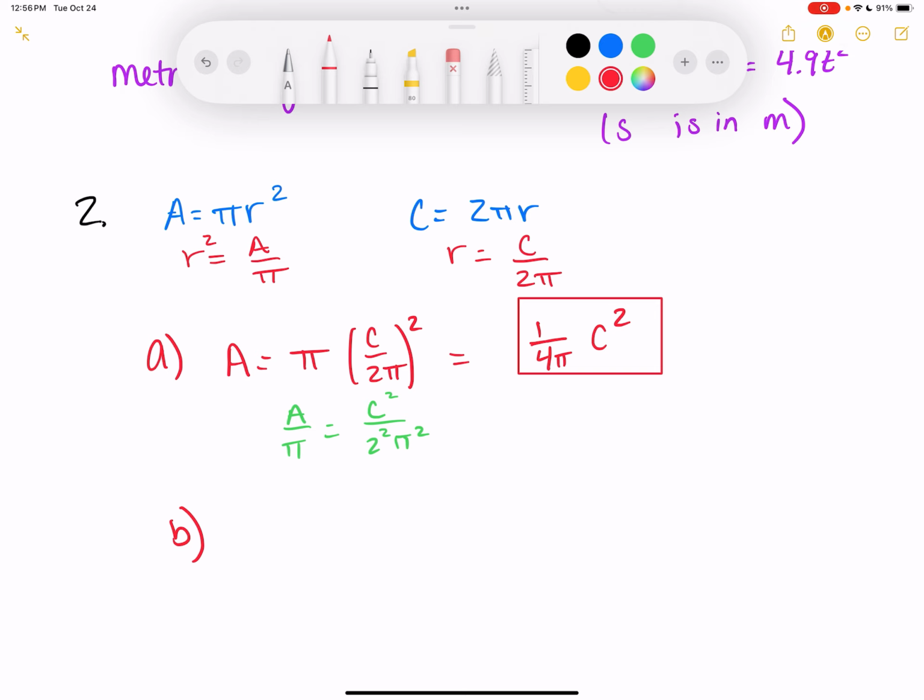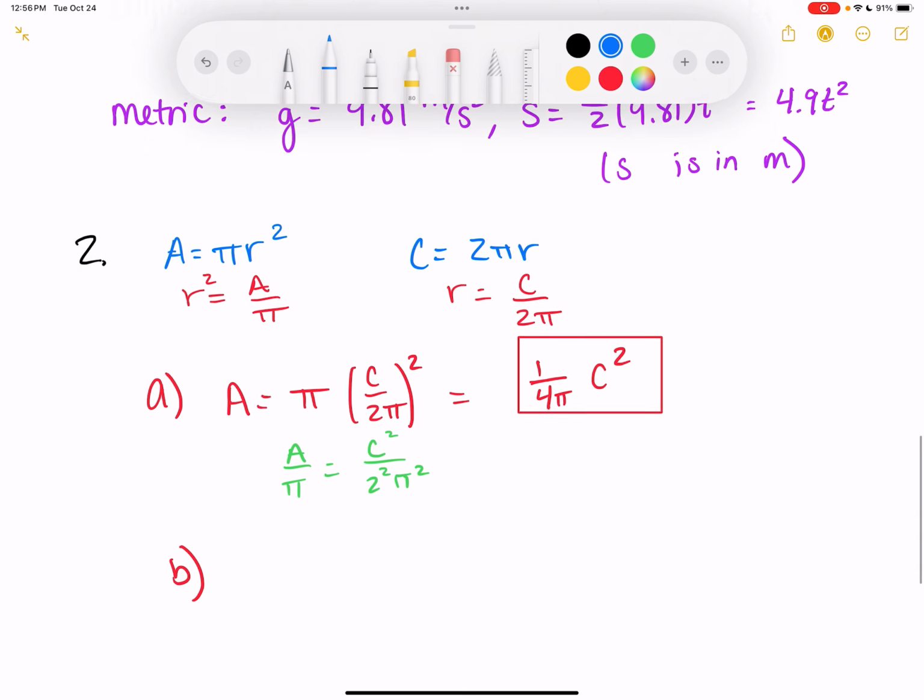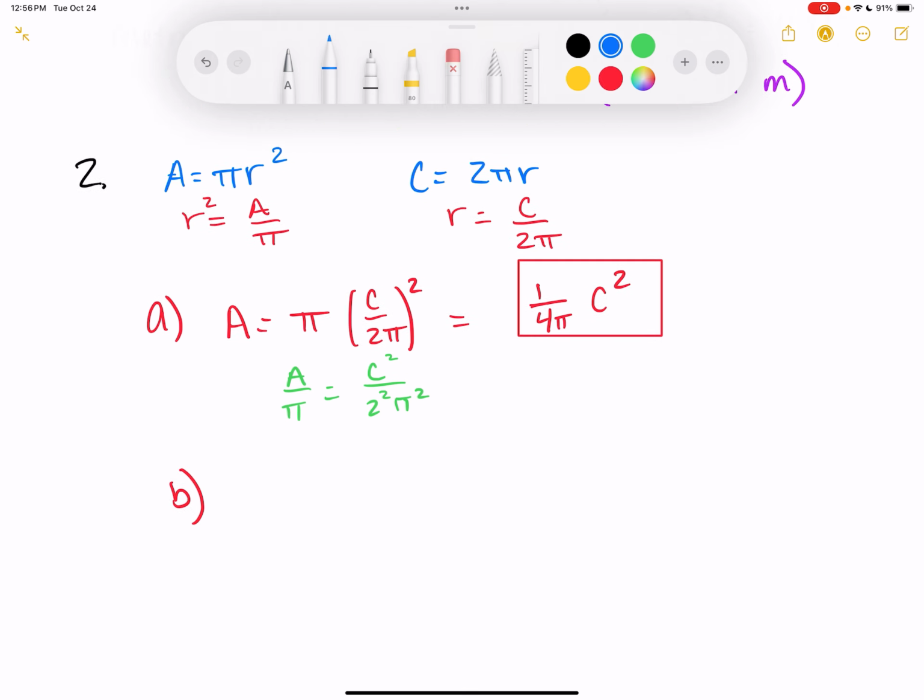All right. Find the instantaneous rate of change of the area A with respect to circumference C. What might we need to do? We could use the instantaneous rate of change. Wait. If I have a function, how do I get the instantaneous rate of change? You take the derivative. That's basically what I said. So, I'm taking the derivative of this. So, dA/dC, the derivative of A with respect to C,